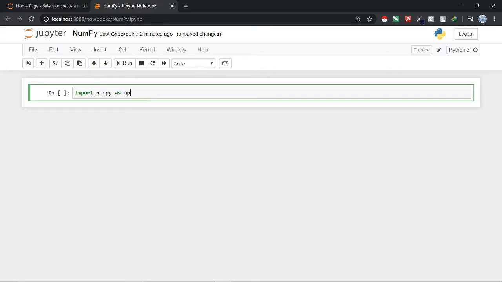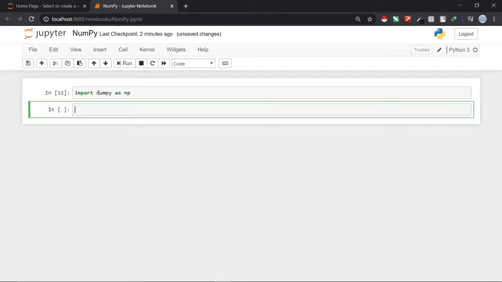Here import is a keyword which means that we are importing something from outside, NumPy is the library name, as is another keyword, and np is a short form we are using for NumPy. In place of np you can use anything you want, like a b c d x y z, but most people use np, so I'll just go with np. So let's run this cell.